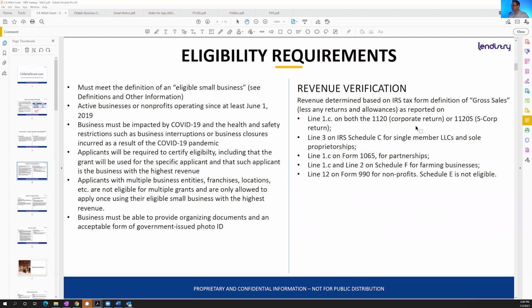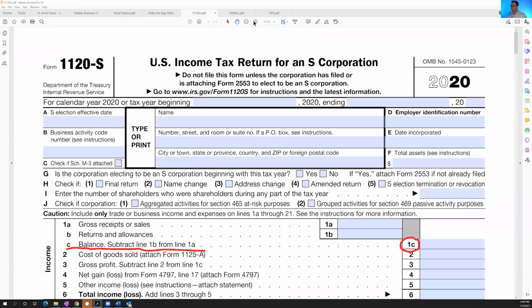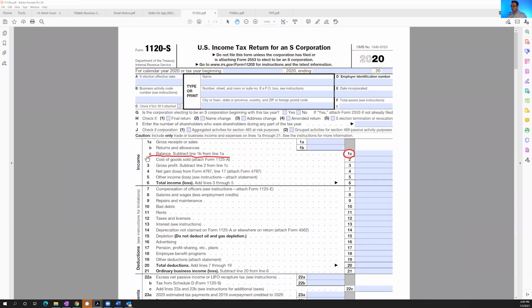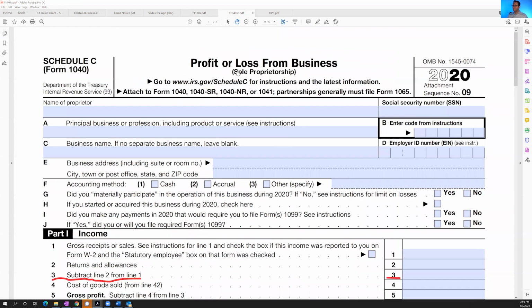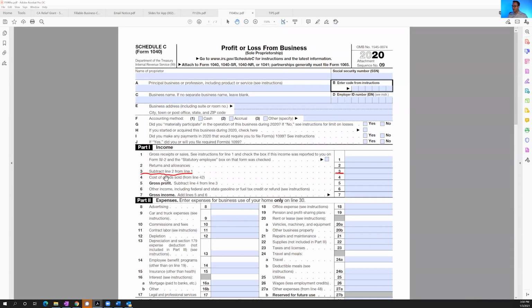If you're an S Corp, you're going to look on line 1C of your form 1120S. So here's an 1120S right here. You can see line 1C, your gross receipts minus returns and allowances. That's what you're going to be looking at. If you are a sole proprietor or an LLC, a single member LLC filing as such, then you're going to use form 1040, which we see here, and you're going to use line 3. This is going to be your gross receipts. So that is the form. That's where we're going to get